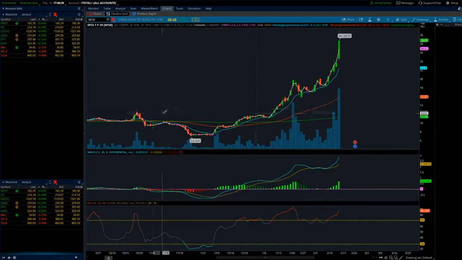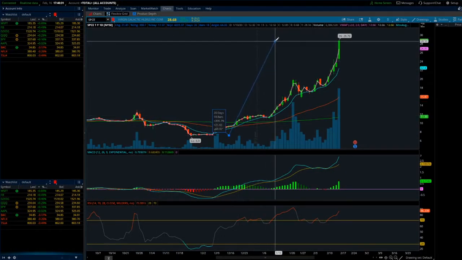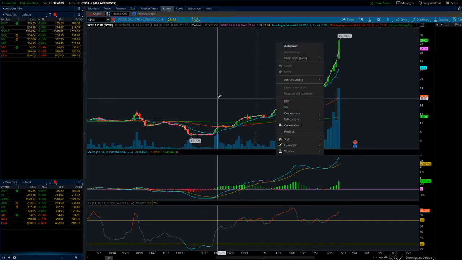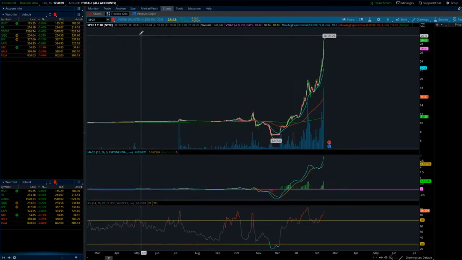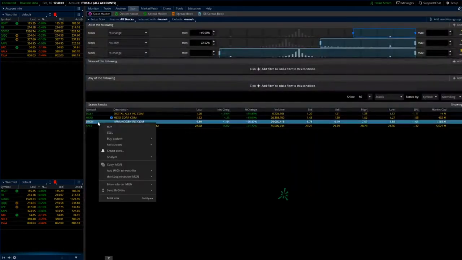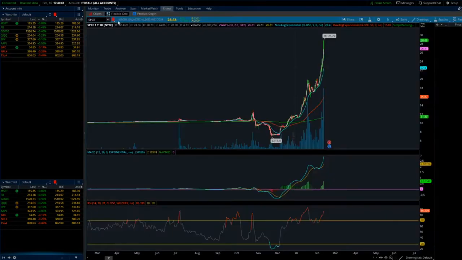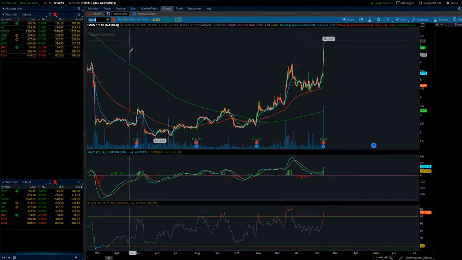And all of a sudden we have a big shoot down, and then it shoots way up, and we're up almost 300% from its low just 2 months ago. So, this is what a pump and dump will look like oftentimes. I honestly was not able to find some really good examples, although I do have a few in mind. So in this case, this showed up on my scan here,